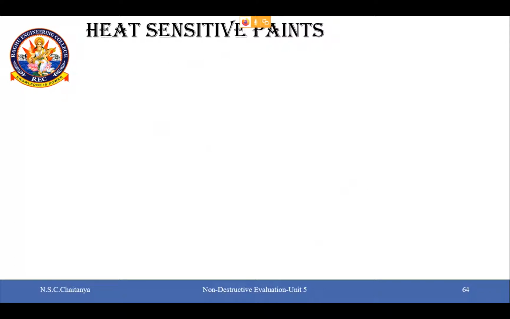Today we are going to start our discussion with heat sensitive paints. You might have already experienced these if you have seen mugs which change colors upon heating. It is a very simple technology. On YouTube there are a number of videos which teach us how to make a heat sensitive paint. So if you are interested, you may search for them and give it a try.